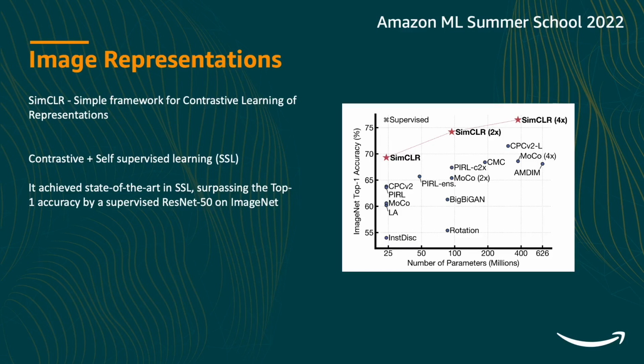Okay, so in this final section, we'll be discussing how to learn image features using self-supervised contrastive learning. So a little bit of background. Traditionally, when we want to train a model for a new task, we usually start with a pre-trained model, usually trained on ImageNet, and then we train it on our own data set for the new task. This is required because usually the data set that we have for the new task is not large enough to be able to train a new model from scratch.